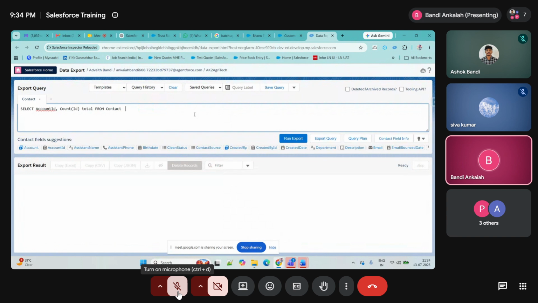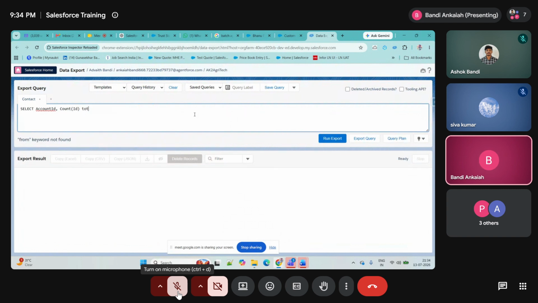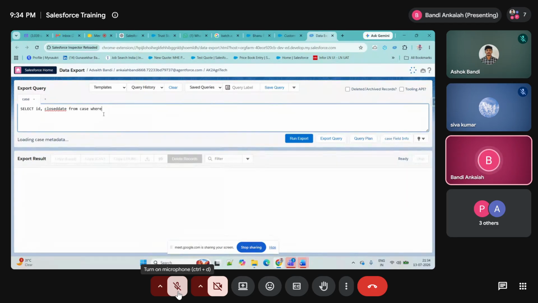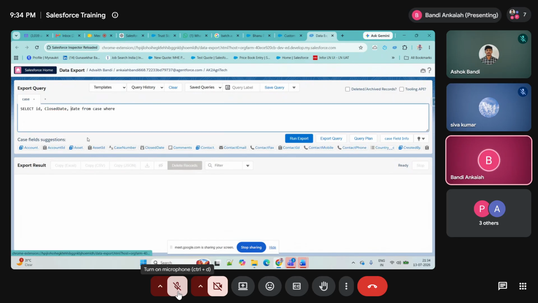Select id, closed date from case where is closed equals true and